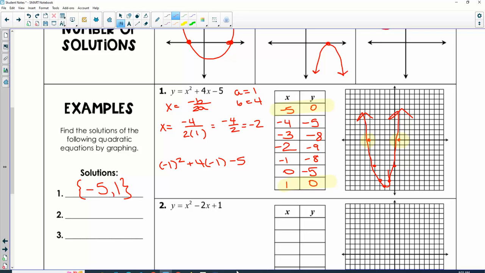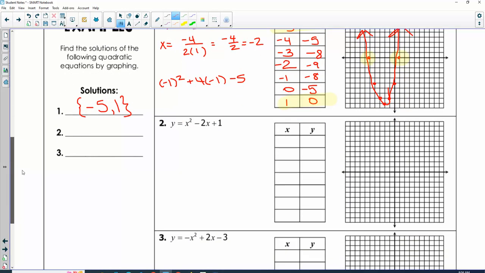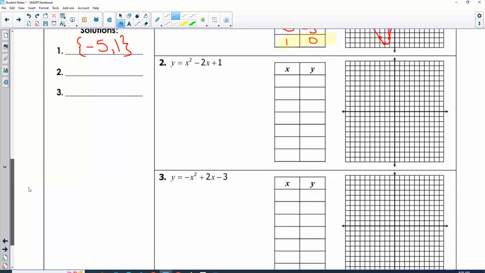Okay, so that's all we're doing. We have more points just because we have to make sure we get enough points to tell when it's 0. We will talk about what to do if we don't want to plug in all those points, but not today. Today we're just going to stick with what we have been doing and use that to help us. So if I look at number 2,